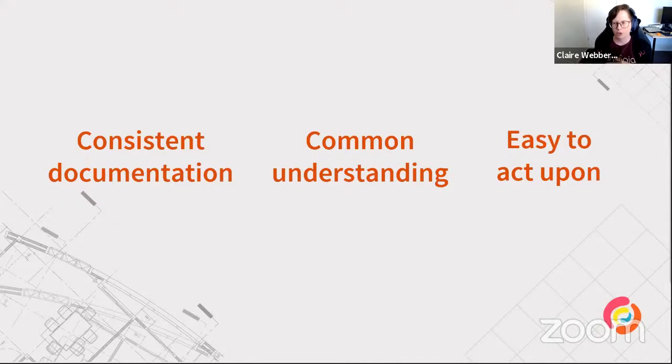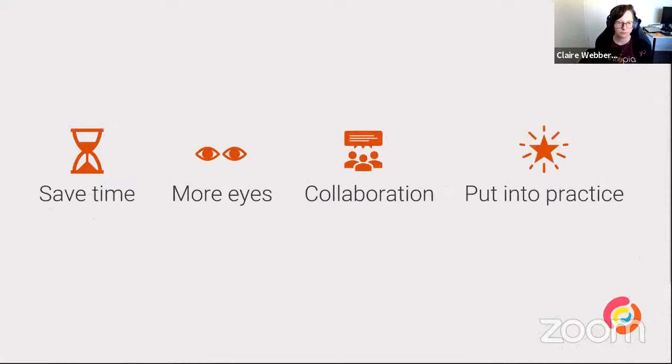So as we're doing great work moving accessibility forwards, we need to make sure we're documenting it and making it really consistent, building that common understanding throughout the whole team, the whole project, and making information and documentation really easy and quick to act upon. Annotating our designs with accessibility information is a really powerful way to focus on accessibility early in the design stage. And what are the real core benefits of this?